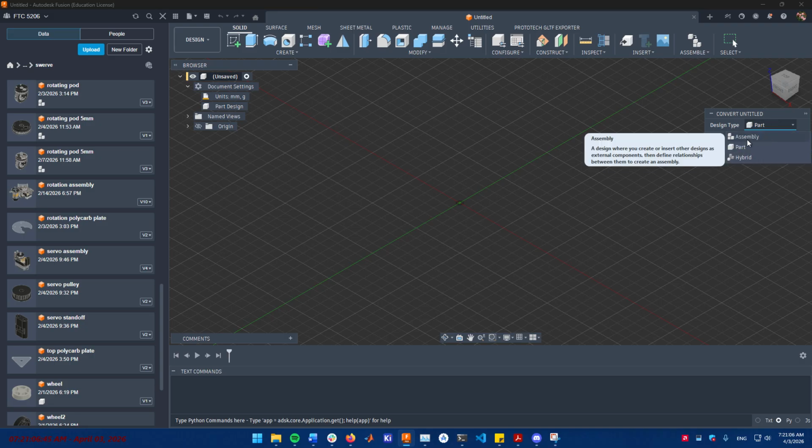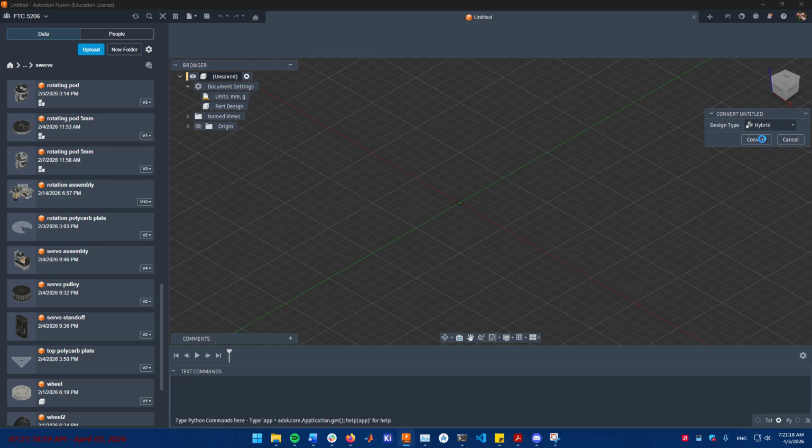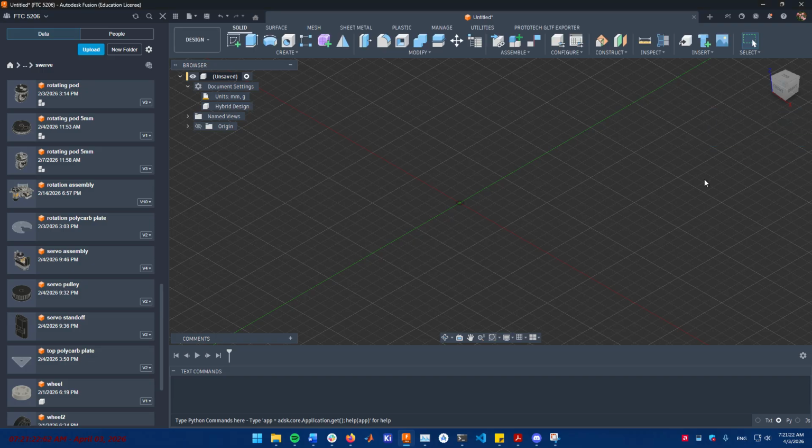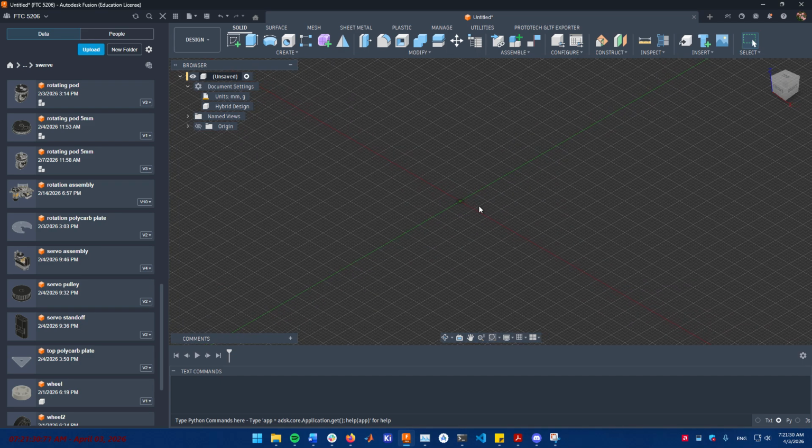choose what type of design this is. You have assembly, part, and hybrid. In this case, we will select hybrid for purposes that would be obvious later. Hybrid design basically combines component and part design, as is intuitive, and it is more useful usually because